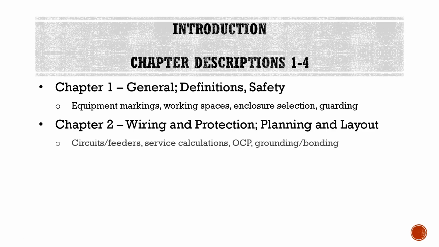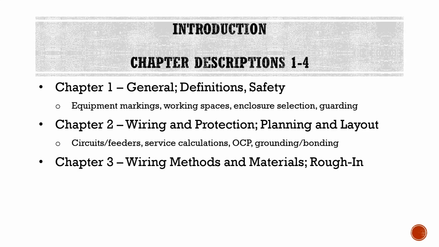So with this chapter, some of the specific information is going to be circuits and feeders, service calculations, overcurrent protection, and grounding and bonding. So once again, after we laid out all of our legal documents, our safety, all that, we move on to doing some load calculations on the building to determine what kind of service we are going to need, how we are going to ground and bond this building, what kind of overcurrent protection we are going to need, how big of feeders we are going to need to the different pieces of equipment, things like that. Then once we have that, we move on to chapter